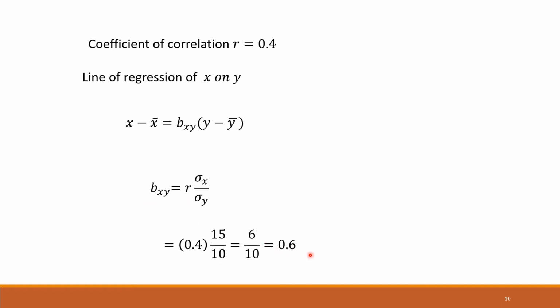bxy is 0.6. Substitute bxy. We also know the means of mathematics and English, so X bar and Y bar values are known. Substituting everything to get the line of regression of X on Y: X bar, the mean of mathematics, is 80. Y bar, the mean of English, is 50. bxy we calculated in the previous step as 0.6. Substituting everything,